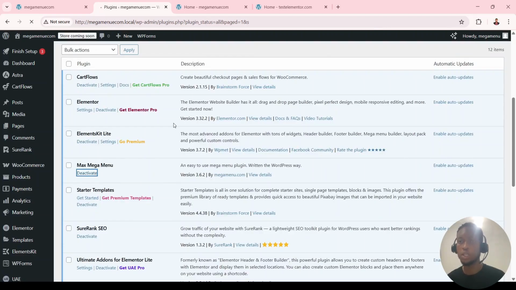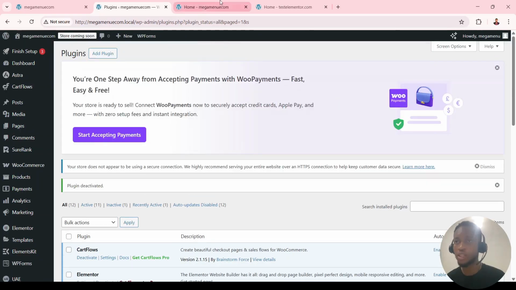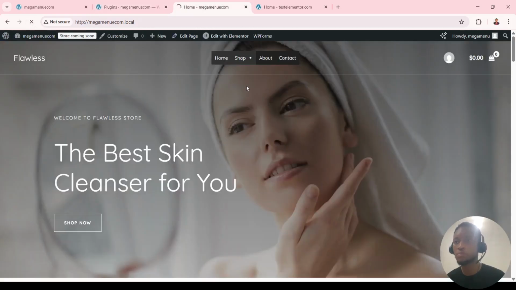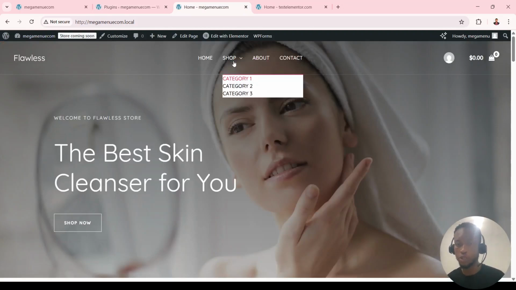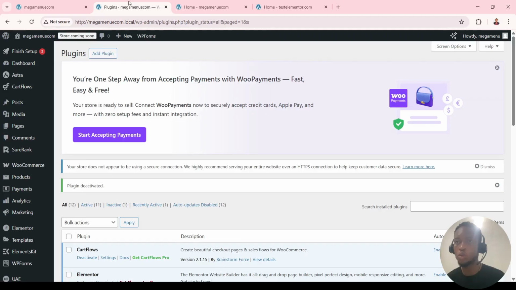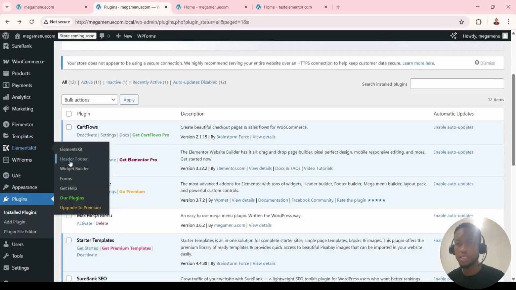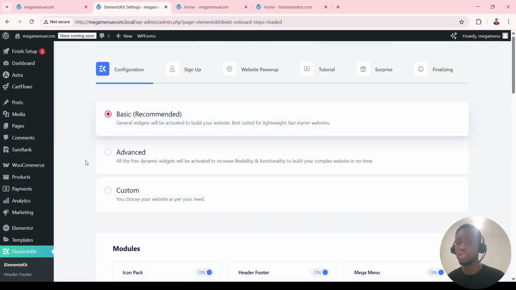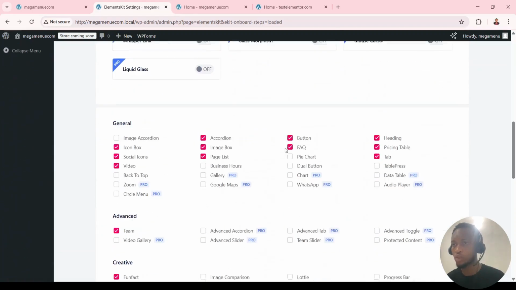Now let's see how to work around ElementsKit to achieve the same thing. If I go back to the home and I refresh, nothing happens. It's going to go back to the normal because we haven't done anything with the ElementsKit. So how do we now set up with ElementsKit? Go to the ElementsKit here and then click on header, footer. So first we want to create the header, then later we'll create the mega menu, and then we'll now do how to customize. Alright, so just do all of this